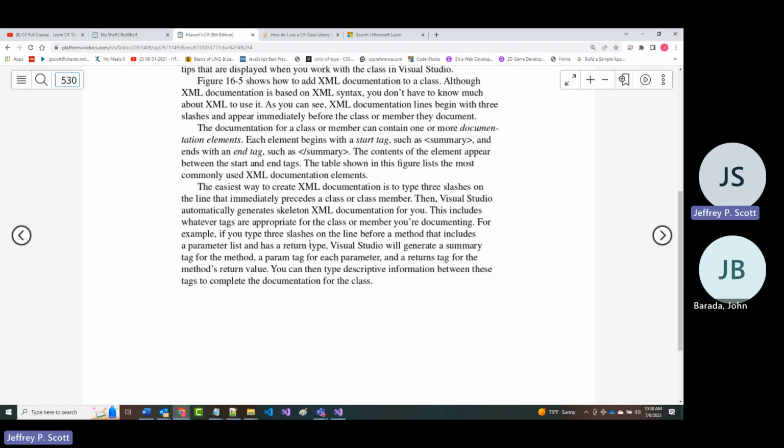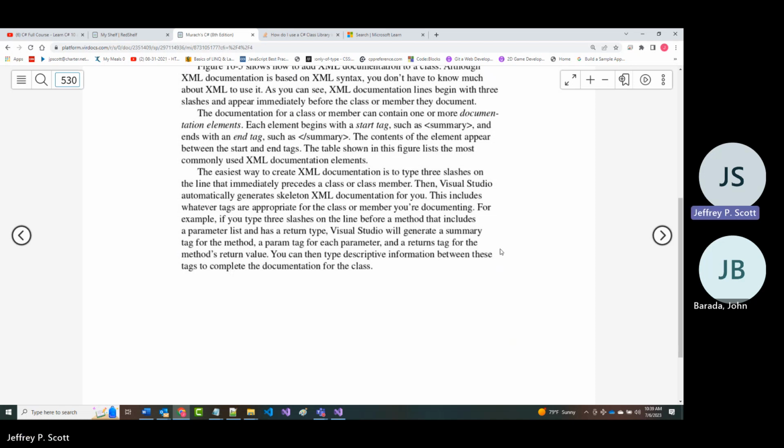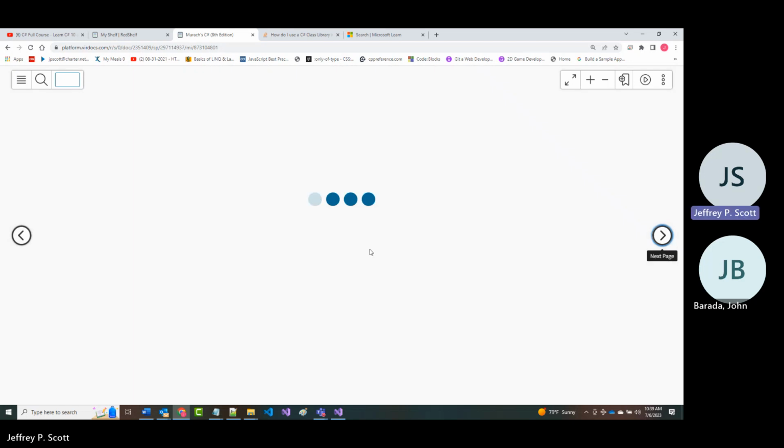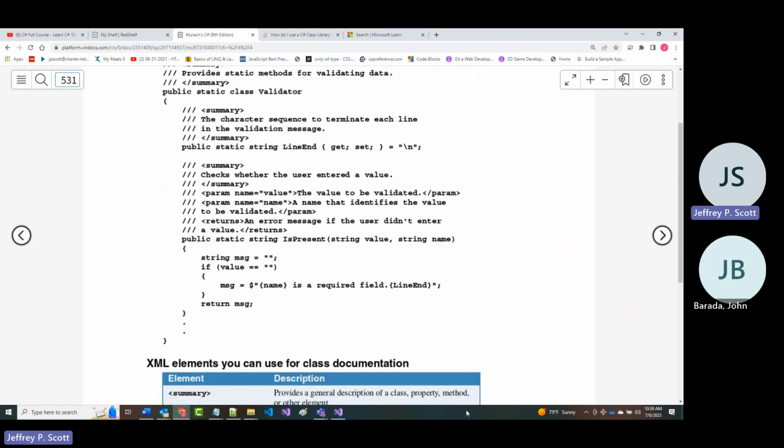Much of the stuff that you will do used to be done a lot using XML, not so much today. More today, it uses JSON, but I don't want to even get off on that. So these are the things that you can use in here.